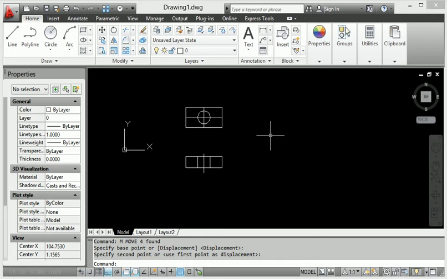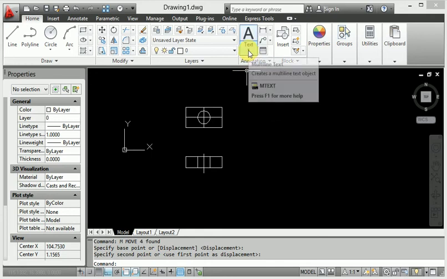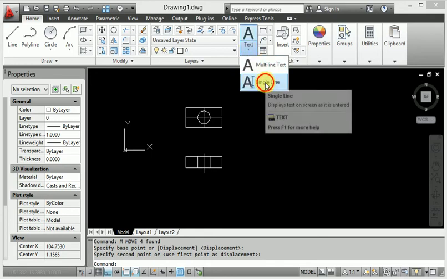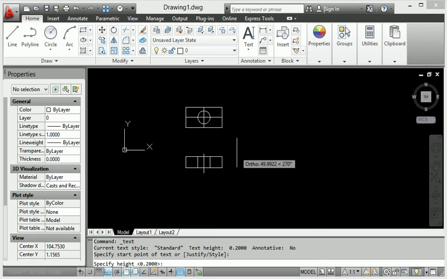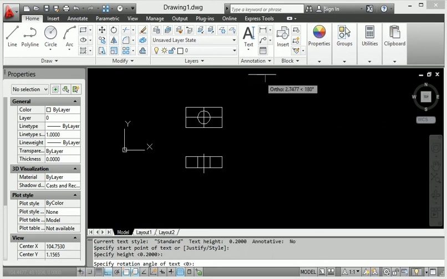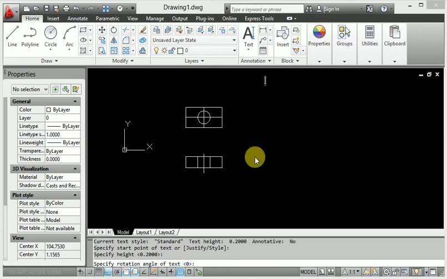When creating the single line text, so here the single line text, when I click the single line text and anywhere I will go to start from text here. When start from here, plan right now, plan, and again I will write now elevation.